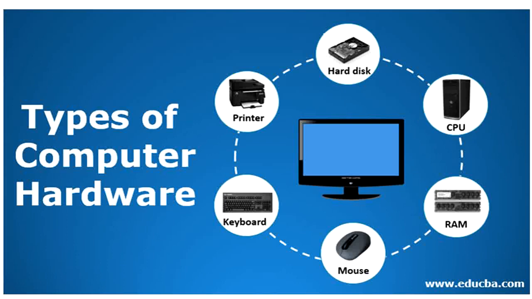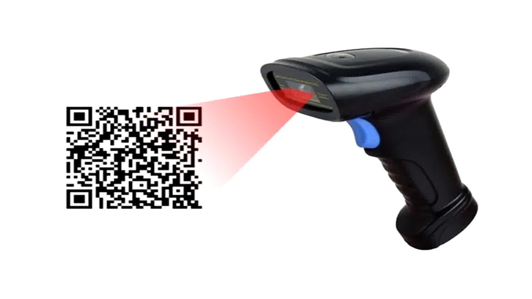Now, which are the commercial hardware? Input devices accept input from the user and convert it into a form that the computer can understand. Underline. So, input devices accept the data from the user and convert it to machine language. We will see the first commercial hardware device in this chapter, which is barcode reader. Barcode reader.